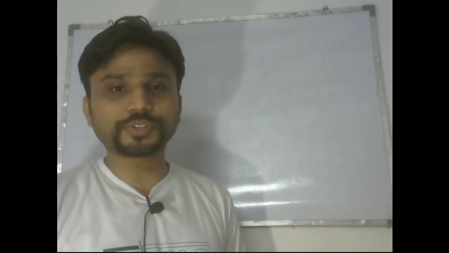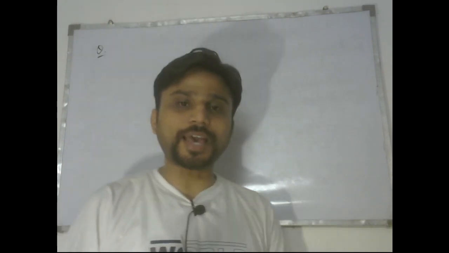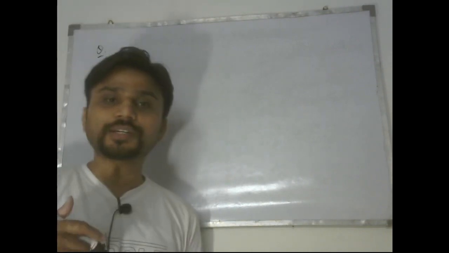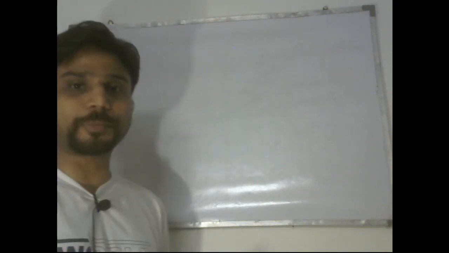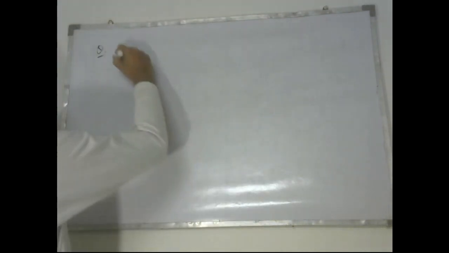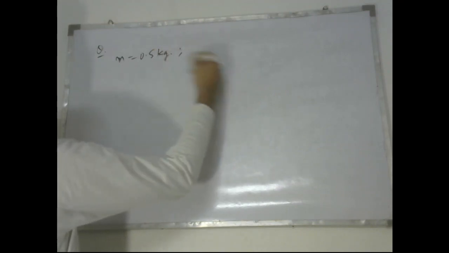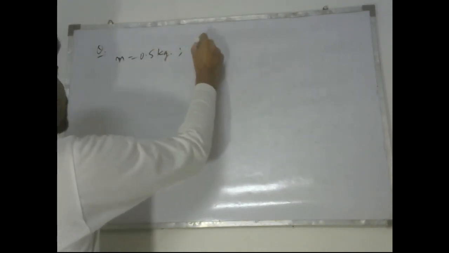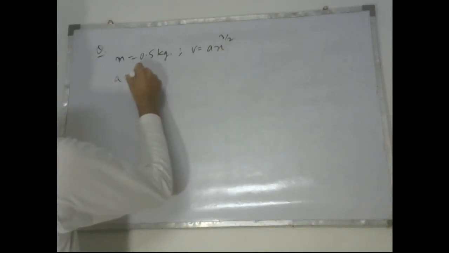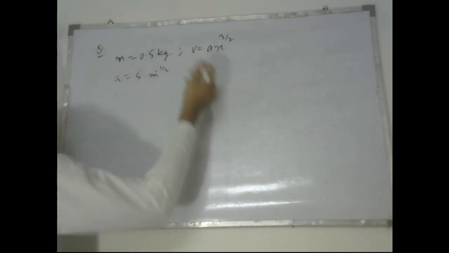So the first question which we have is that of a particle. We have a particle whose mass is given as 0.5 kg, and we are given the expression for the velocity of the particle in terms of its position. So let us write that expression. The mass of the particle is 0.5 kg, and the velocity of the particle is a x to the power 3 by 2, where the value of a is given as 5 and its appropriate units